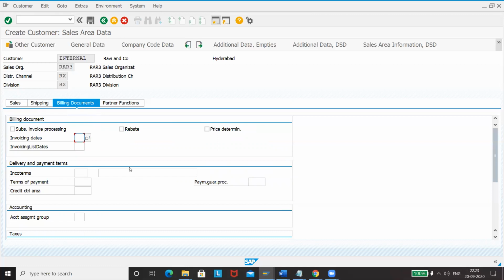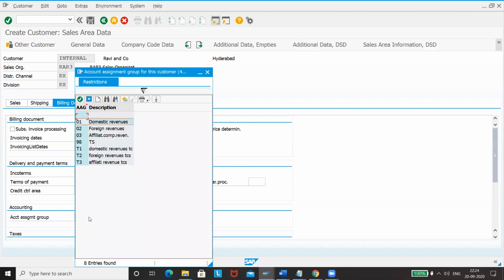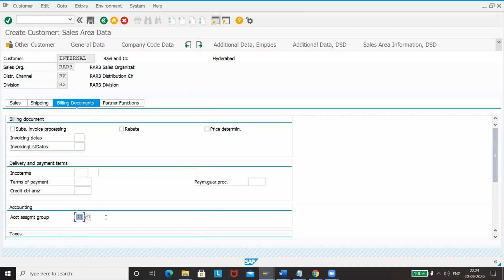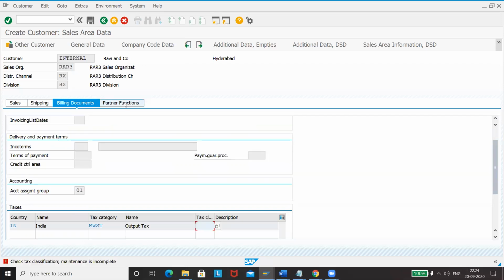in billing document, here this is important. This is AAG for customer, and while creating the raw material, we gave this as well. At that time as well, we gave 101. Here as well, we'll give 01. Domestic revenue. Based on these 2 settings, we maintain VKY settings. Now we have maintained every other setting. So yeah, you have to give 0.